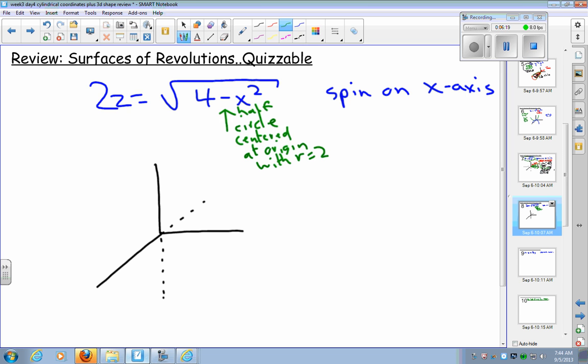But then, if I wanted to graph this, I might want to divide by 2, both sides. So let's kind of see what I get. Let's plot some points. If I plug in 0, I get 4 minus 0 is 4, square root of 4 is 2, divided by 2 is 1. Okay. Another nice guy to plug in is 2. Let's see what I get. Plug in 2, and I get 4 minus 4 is 0, square root of 0 is 0, divided by 2